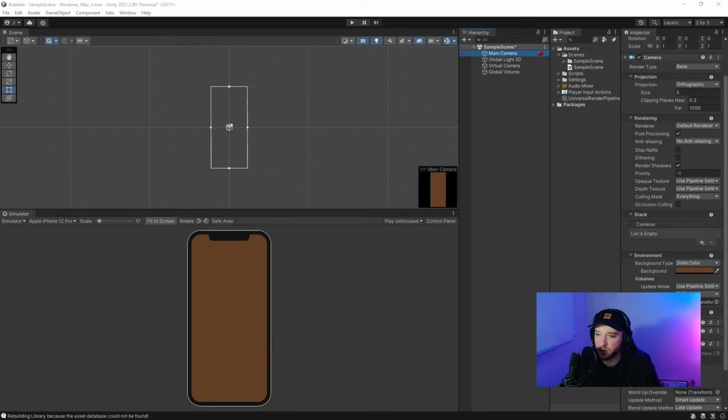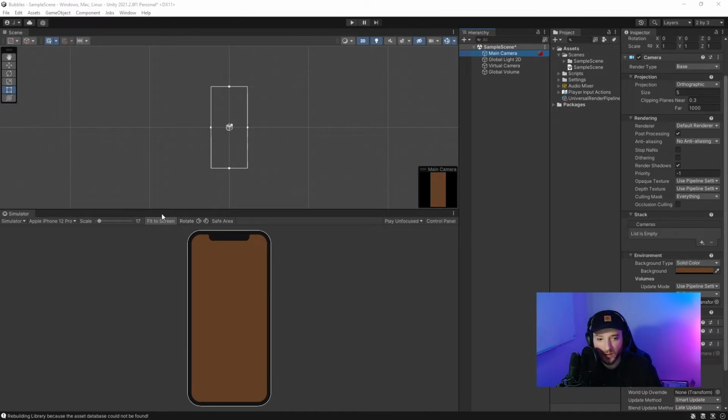Your alternative would be to move everything manually in code, and you'd use ray casting or something to detect if there was a hit. If you notice a hit, then you would bounce back in the opposite direction, so you'd forcefully change the velocity that your object's heading in. In order to avoid getting too complicated, we're going to stick with the basic Unity physics engine,